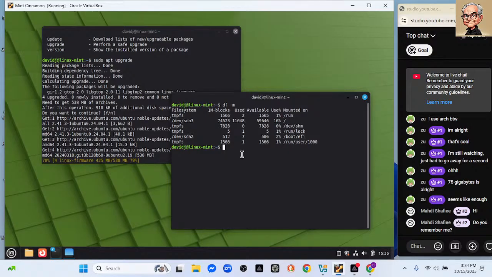So anyway, I gave this Linux Mint 75 gigabytes of space. What did I say? Yeah, 75 gigabytes to start out with. Now, I'm just doing an update, and then we're going to